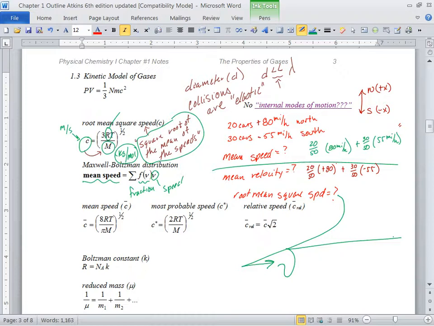Total answer. And then you'd have 20 over 50 times, and you can even put your negatives and positives in there. It really doesn't matter because it's going to disappear on you. So notice how you're going to have a fraction which doesn't have units times miles per hour squared plus a fraction with no units times miles per hour squared again. You add them up, you get miles per hour squared. Oh, sorry, miles squared per hour squared. Take the square root, you get miles per hour. So it works. The units always have to work out.